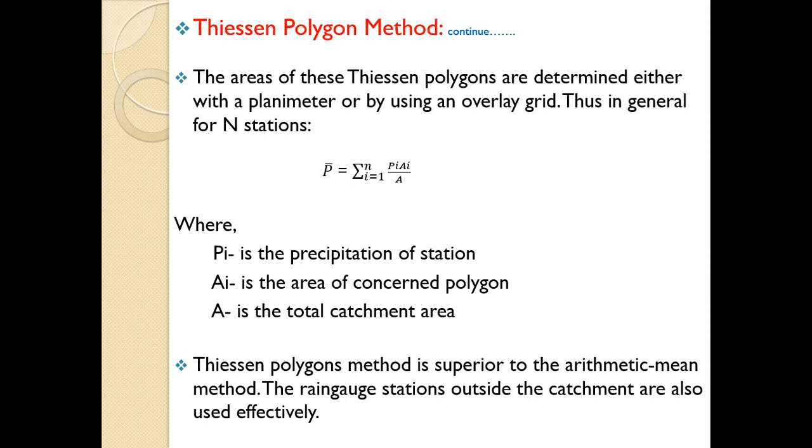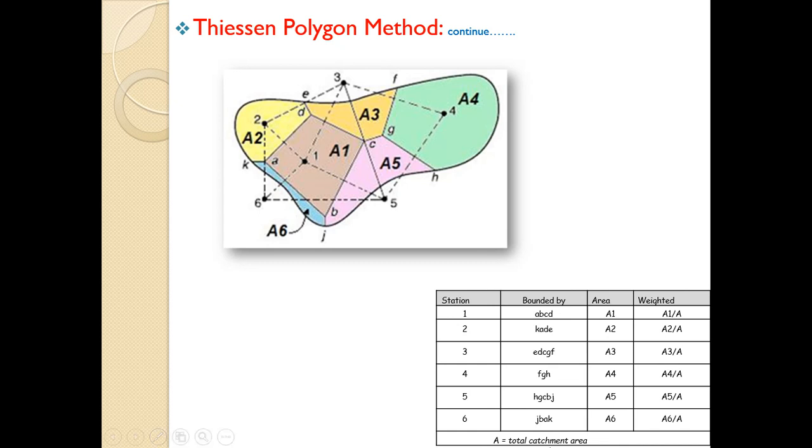Hope you understood. Again, we shall discuss with the help of a sketch. So, what happens in this case? Very first, the catchment area is plotted to some suitable scale. All the rain gauge stations A1, A2, A3, A4, A5 up to N are shown, lying inside the catchment and outside the catchment. So this is rain gauge station number 1, this is 2, this is 3, this is 4, this is 5, and this is 6. Rain gauge station 6 is lying outside the catchment.